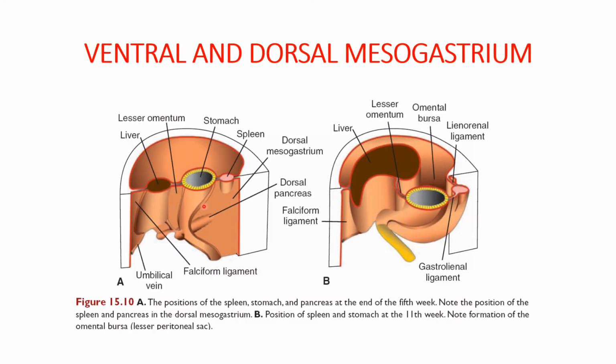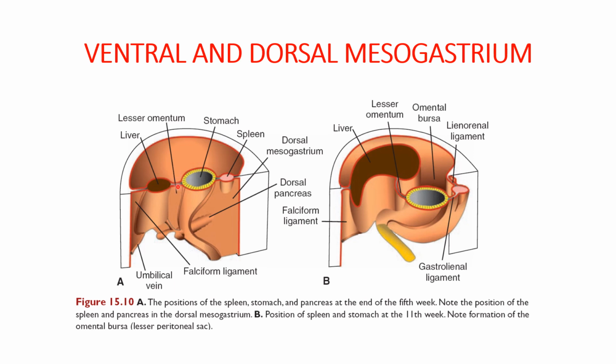Now let's see again a quite extensive section from the anterior to the posterior aspect. You can see the position of the stomach here. It is at the central position and is covered by the peritoneum. It is hanging anteriorly and posteriorly through the ventral mesentery and the dorsal mesentery. This is the dorsal mesogastrium, by which it is hanging to the posterior abdominal wall, and this is the ventral mesogastrium. We can see that the liver is developing here, in between the anterior abdominal wall and the stomach, so it is splitting the ventral mesogastrium into two portions.